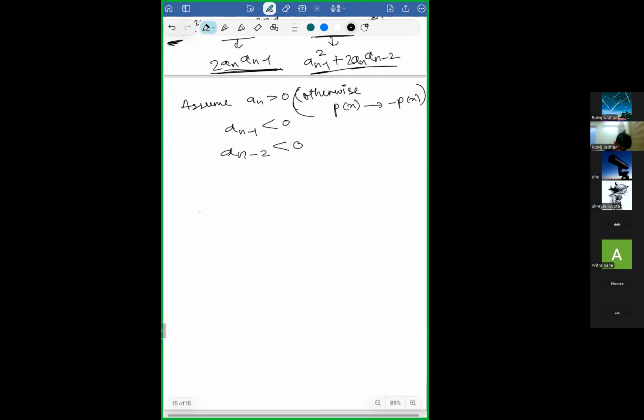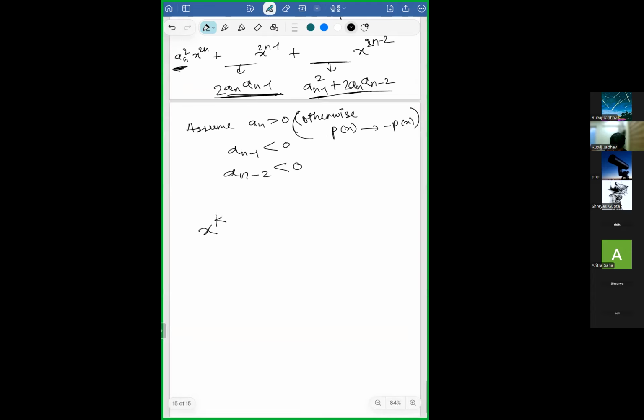So could someone tell me the general coefficient of a term x raised to k maybe? Okay, x raised to k is not that great. So the coefficient of x raised to 2n minus k would be